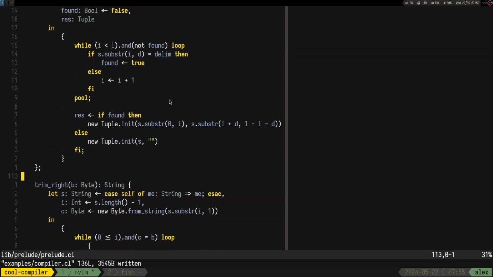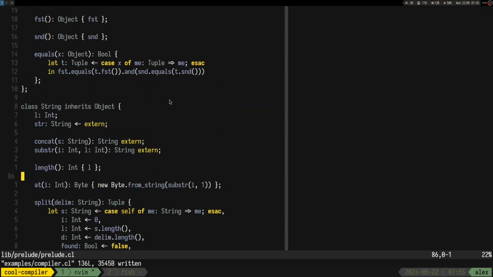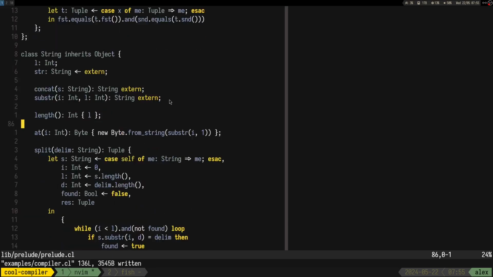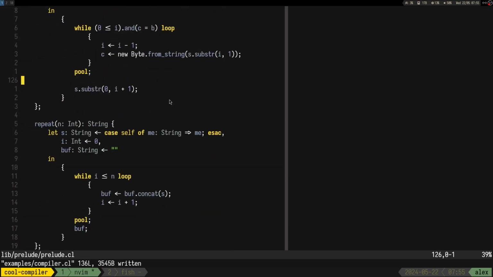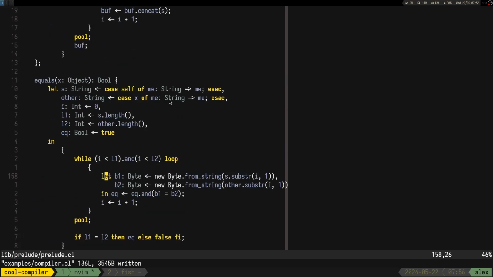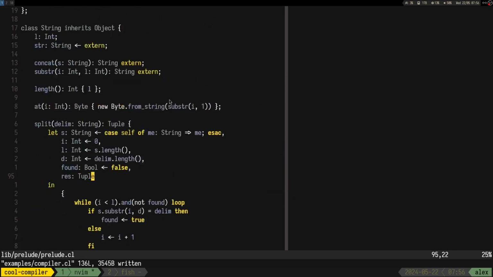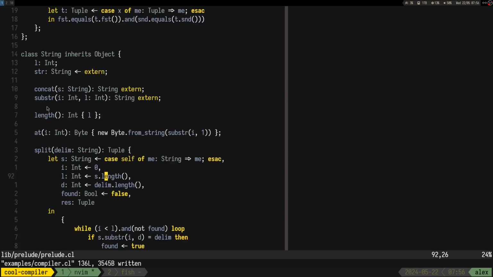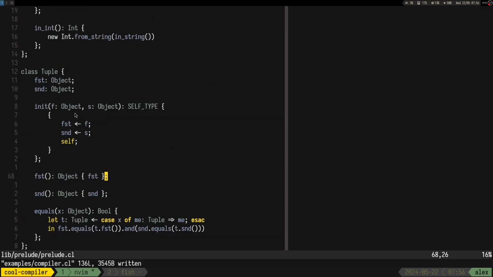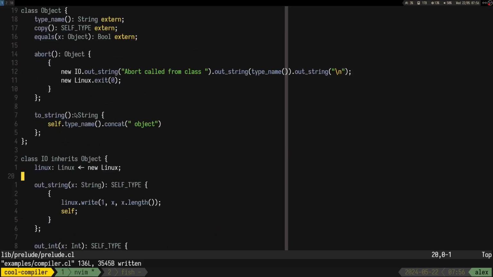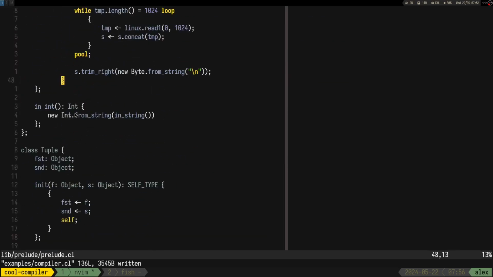Would be cool to have some kind of automatic casting. Oh, I don't re-implement toString though. But that's like whatever.